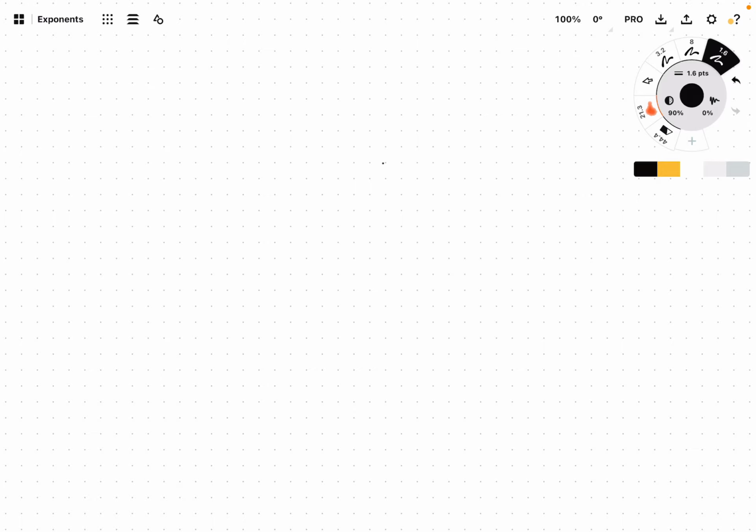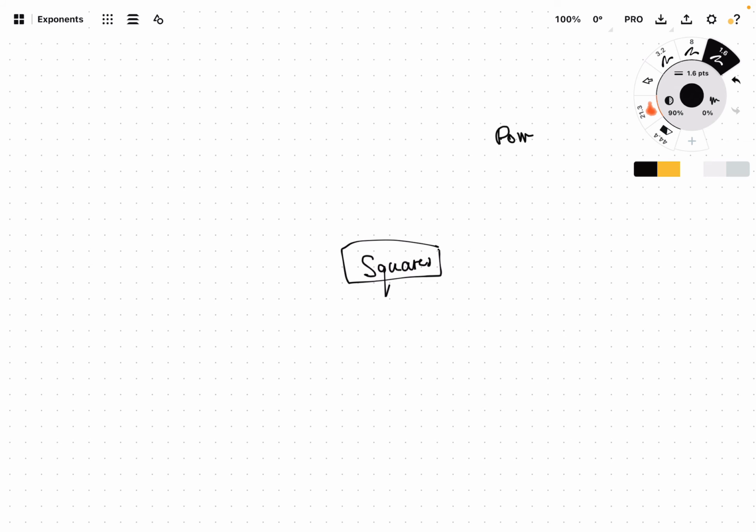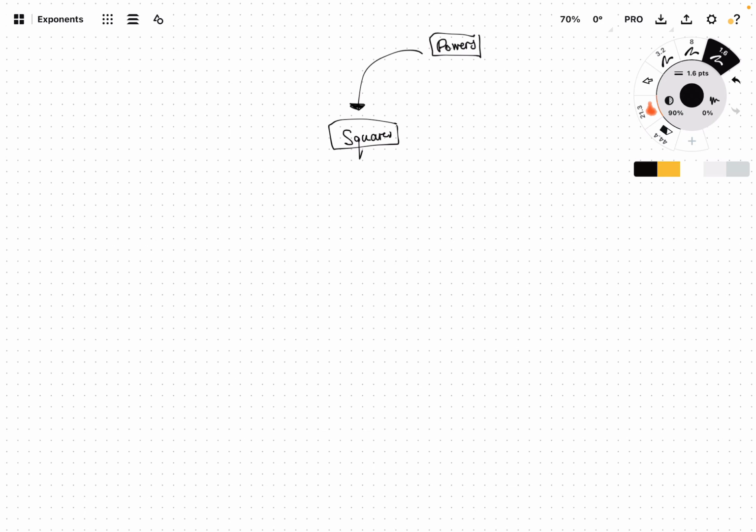So hey everyone, today's lesson will be on squares. This is the first part of our series on the broader topic of powers. We'll be learning about the most basic form of powers, which is squares. In particular, we'll learn the definition of squares, how it relates to BODMAS,